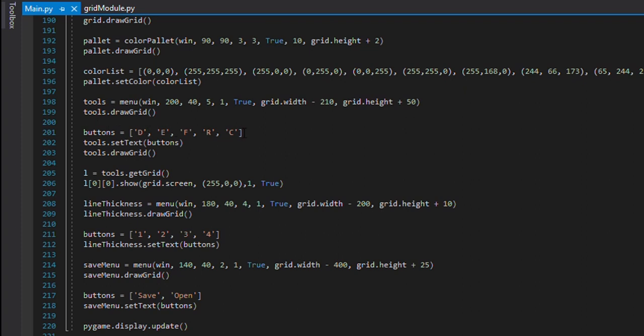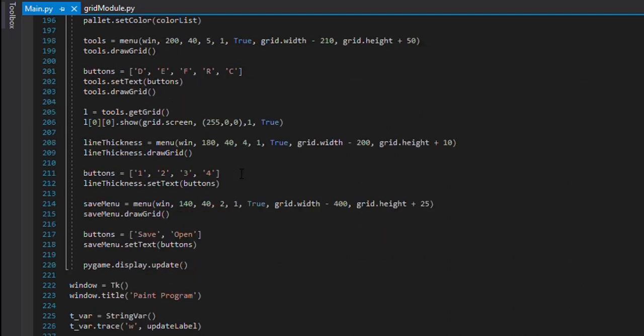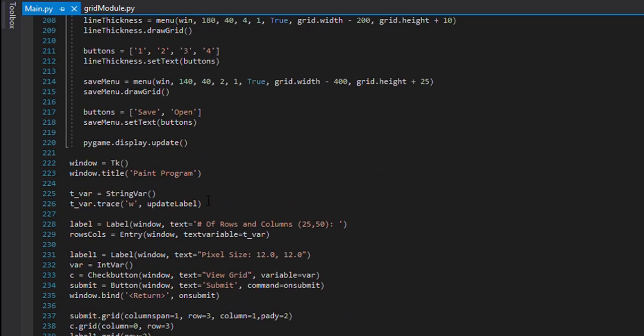Now the buttons, I've used an array to name the buttons. As the name suggests, D is for draw, E is for erase, R is for refill, and so on. So again, using the setText class, I have just made an object. Moving on, I will simply make the objects again of the grid module classes. Again, the buttons I've named them, and then again made the object, and so on.